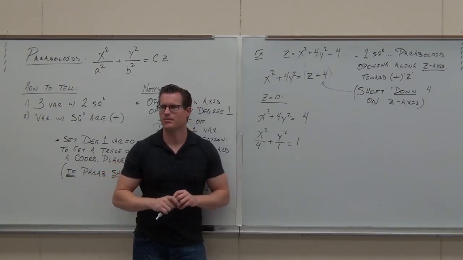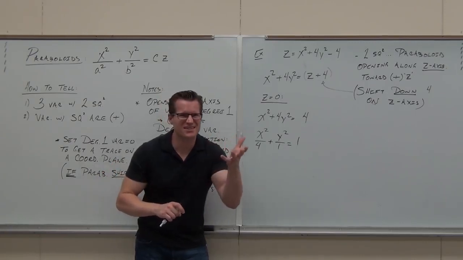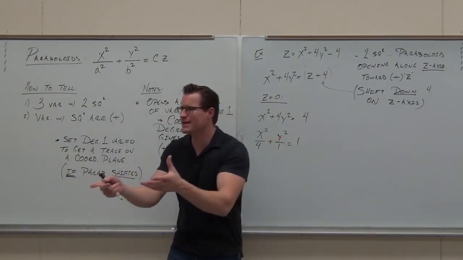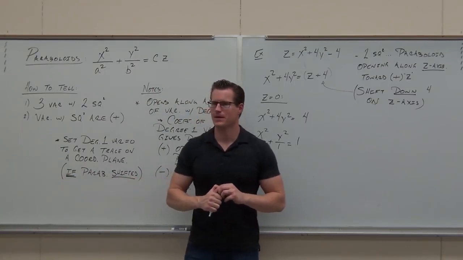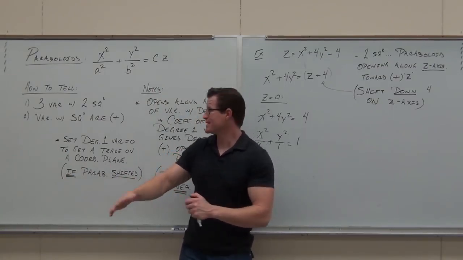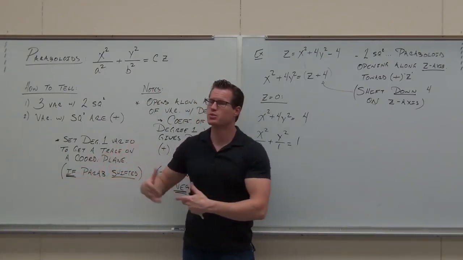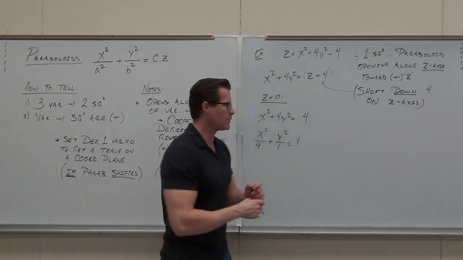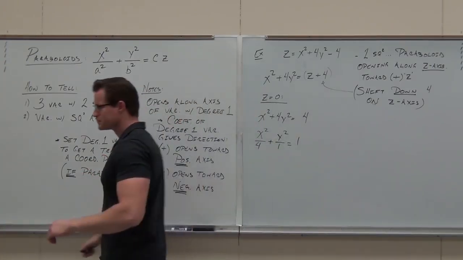Where is it? Z equals 0. What is z equals 0? What plane is that? Come on, what plane is that? That's just the xy plane. That's why I said you're going to get it on the coordinate plane. It's really nice with these paraboloids. So when we draw it,